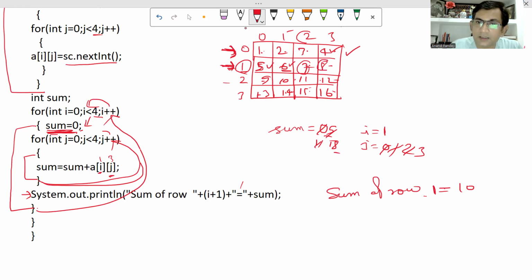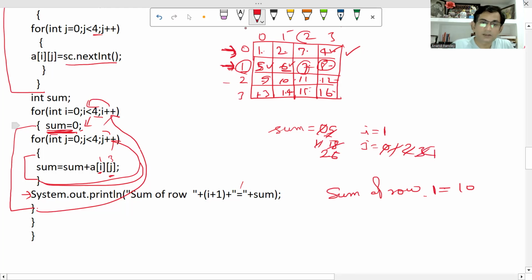What do we have at 1, 3? 8. 18 plus 8 will be 26. Will be stored into sum itself. So the value of sum will be what? 26. And then again j plus plus, j will become 4. This condition is false. Control will go outside the loop. Now coming outside the loop, you can see 5 plus 6, 11 plus 7, 18 plus 8, 26 we have